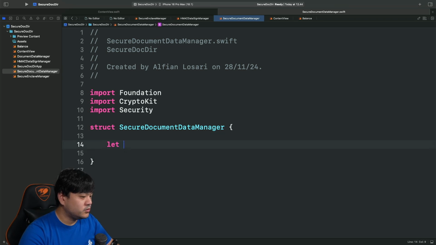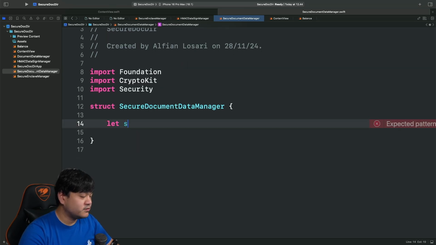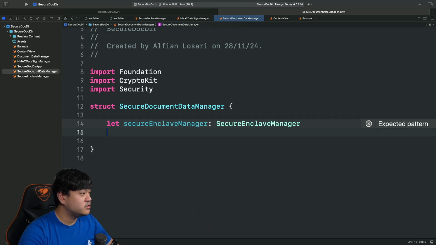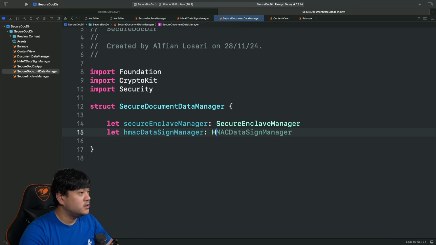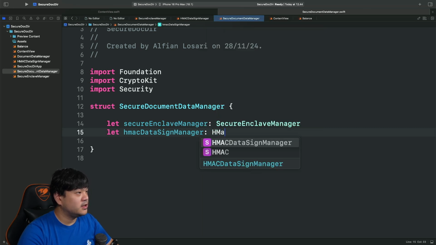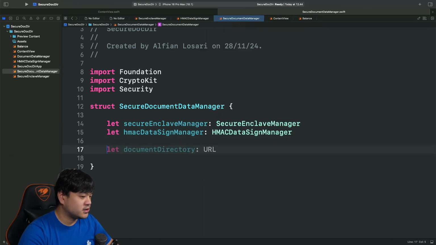and here we need to declare two constants. This one is the Secure Enclave Manager, used to encrypt and decrypt, and the HMAC Data Sign Manager, used for creating the digital signature and verification of the signature.